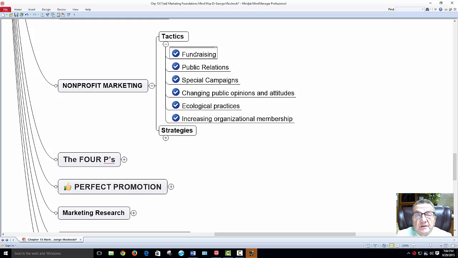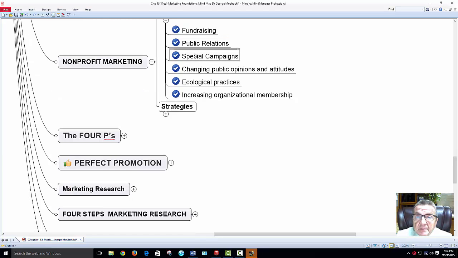Some of the tactics are fundraising, public relations, special campaigns, changing public opinions, ecological practices, increasing organizational membership. Remember, a lot of times the same things can be utilized by a for-profit, but this is more of a focus for the nonprofit. When you see Channel 11 public service announcements, they'll put your name on there, but they still need to pay for the electricity, the airtime, the production, so there's still an expense, but they do send a message, and it's good